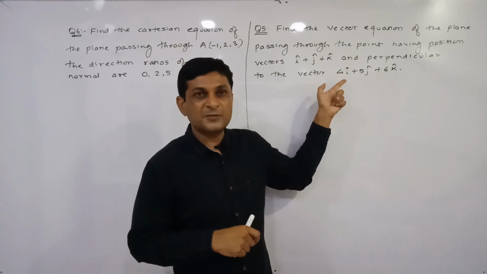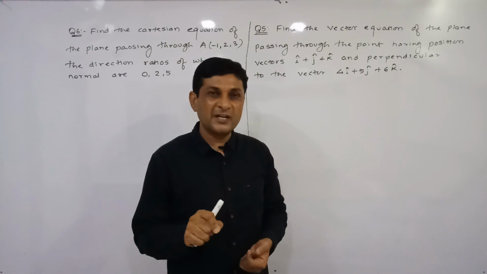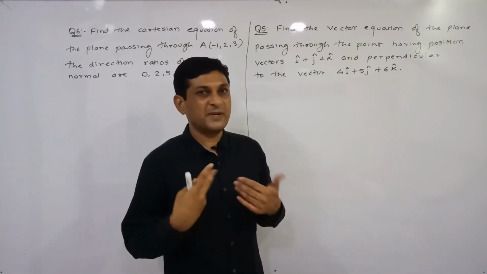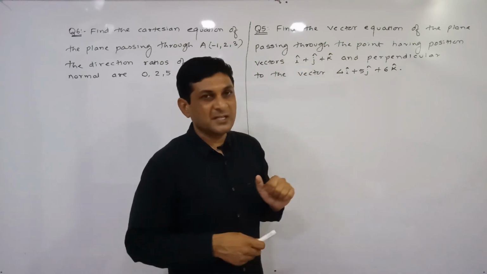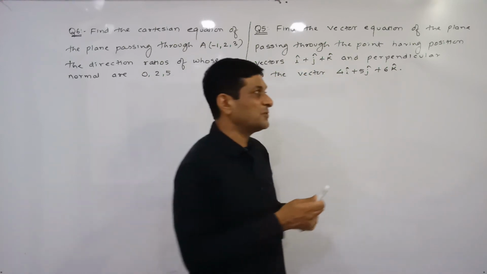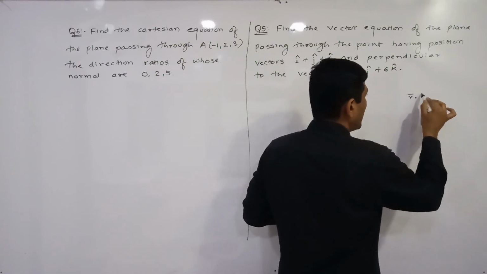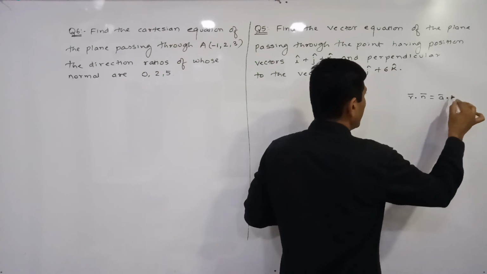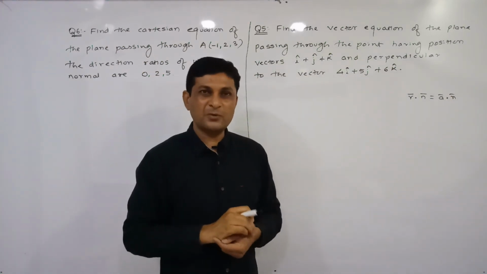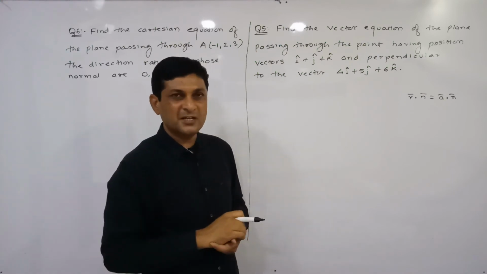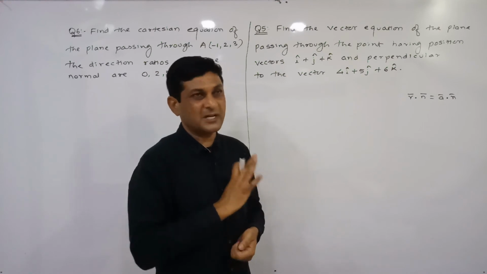Means if this vector is perpendicular to the plane, the vector perpendicular to the plane, we denote it by n bar, or we can say that it is a vector along the normal to the plane. So A bar is also given and n bar is also given. If these two values are given to us, at that time the equation of the plane can be found by applying which formula? R bar dot n bar is equal to A bar dot n bar, and this is our first theorem or first formula to find the equation of a plane. Both the values are given to us, we just have to substitute these values in this formula and find the required vector equation of the plane.